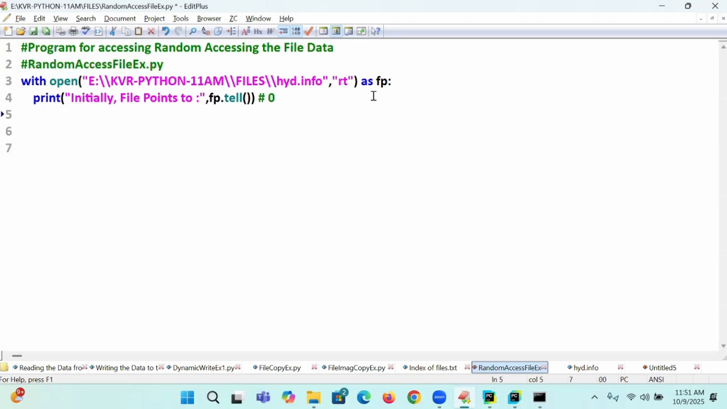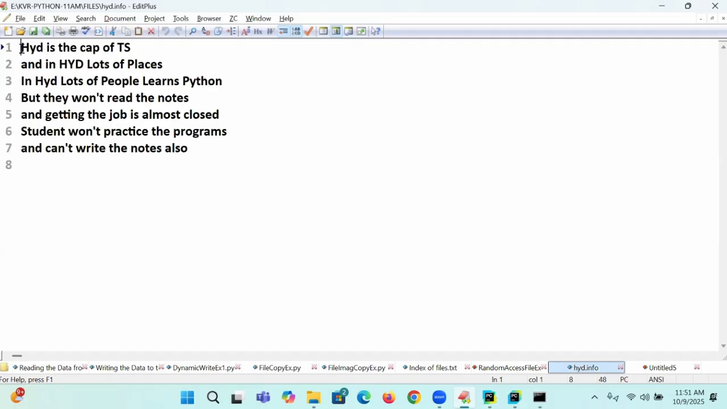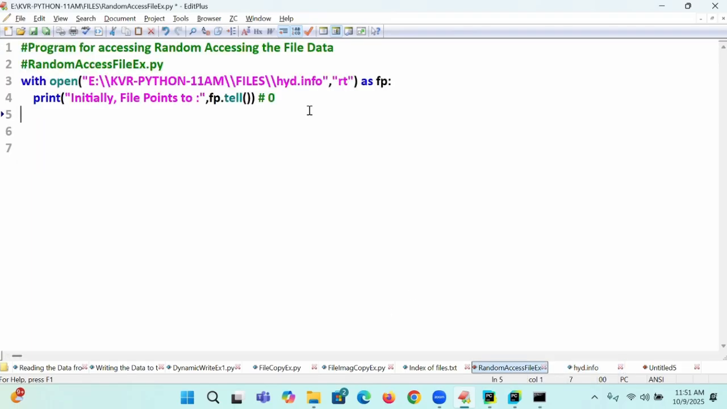So it is proved that FP by default is pointing to the beginning of the file. The beginning of the index is called 0, that is, H is pointed. Today I want to read only the letters HYD. Three letters are there. To read only HYD, I will write file data is equal to FP dot read